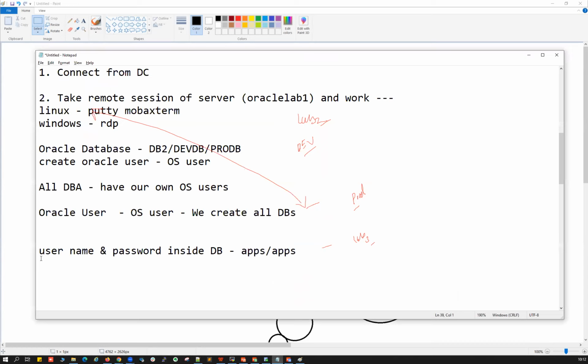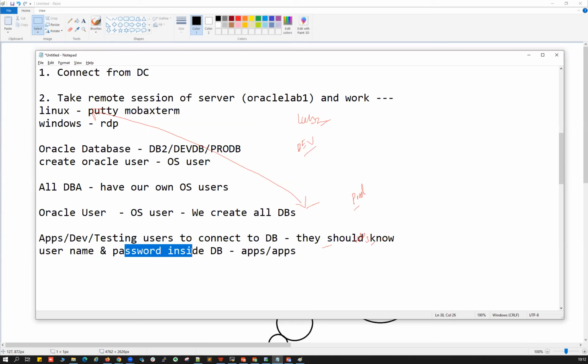So it is like this. Application users or the developers or the testing users, like apps or dev users or the testing users, to connect to DB, they should know the username and password inside the database. That's one thing.